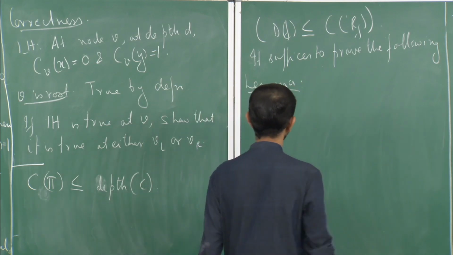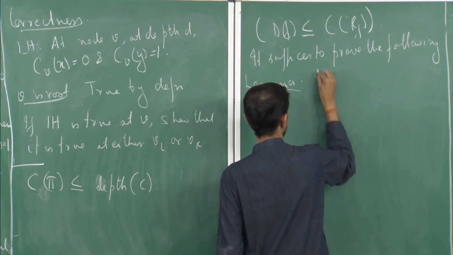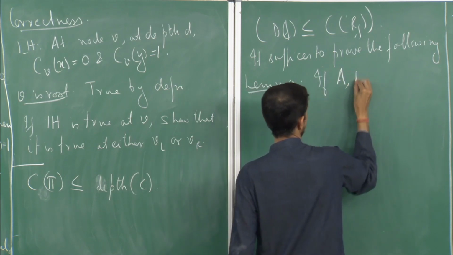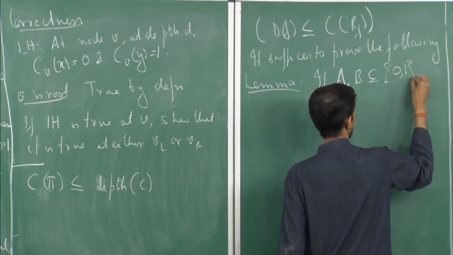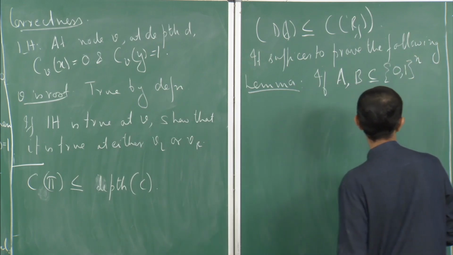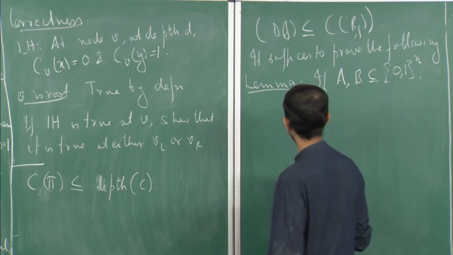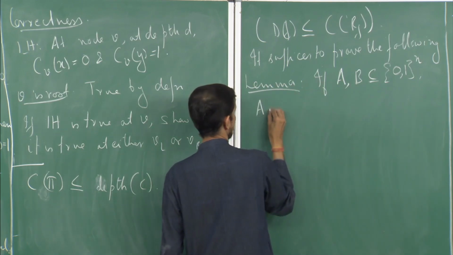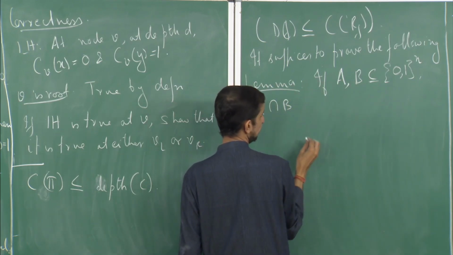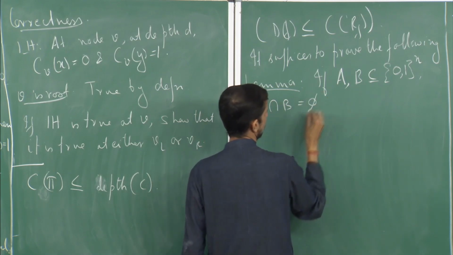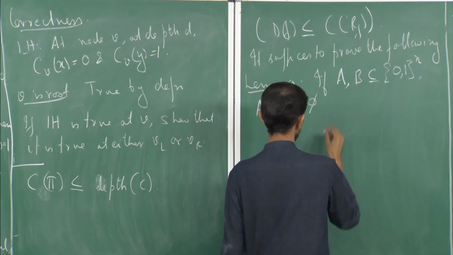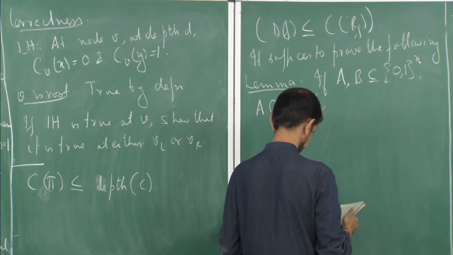We'll prove the lemma that if A and B are subsets of 0, 1 to the power n such that A and B do not intersect,